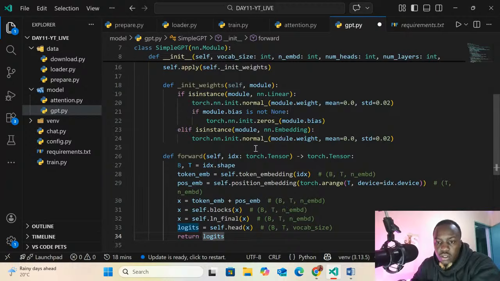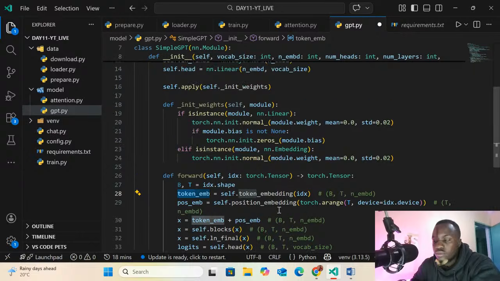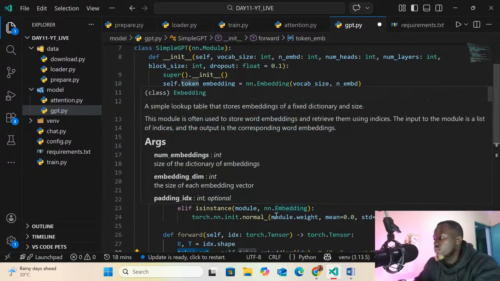But this, I don't think it is right. Let me check again. So idx.shape.